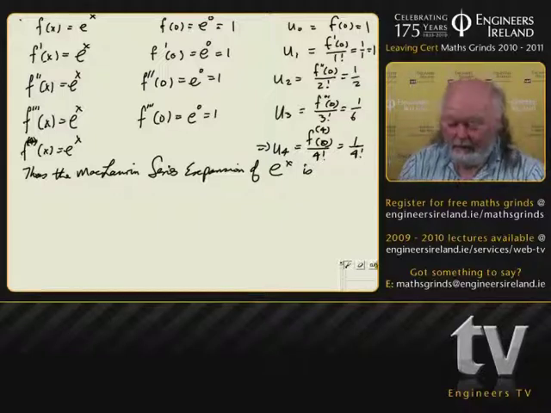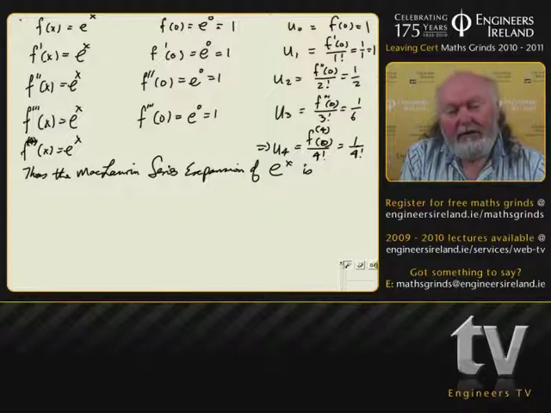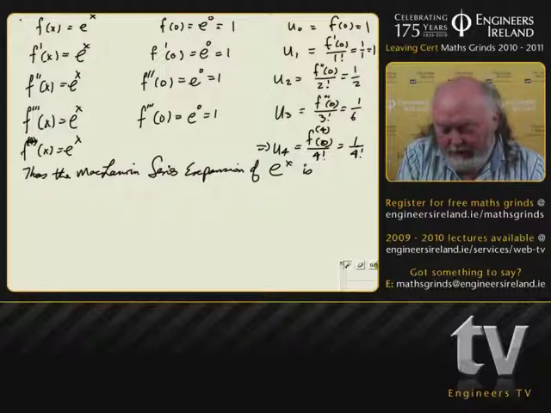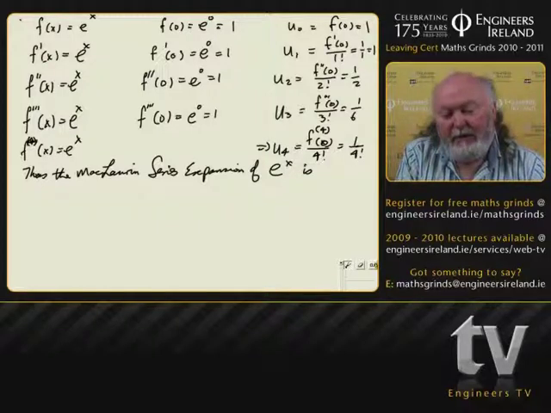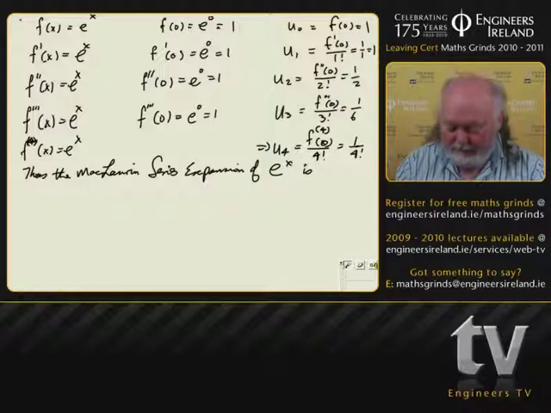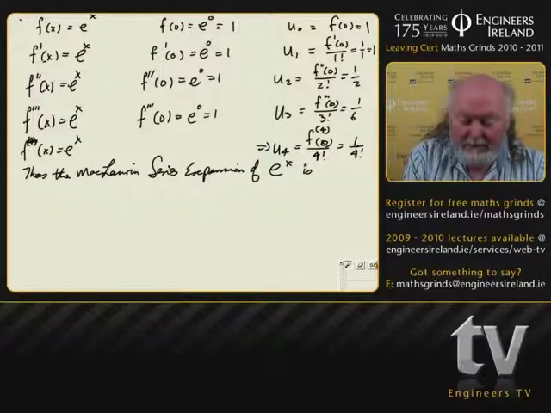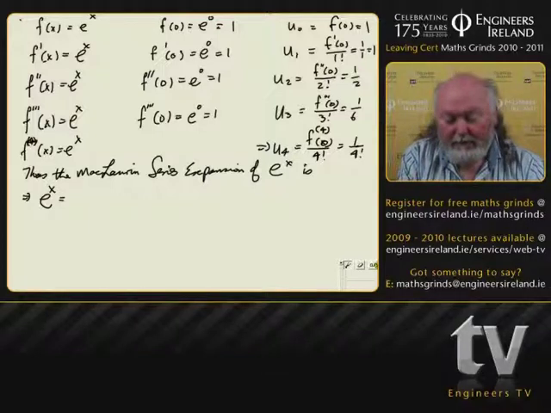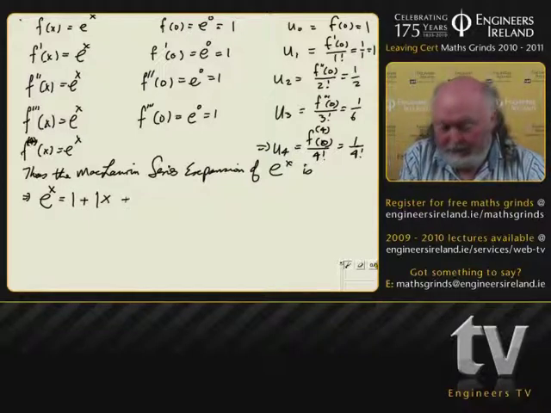So, the Maclaurin series expansion of e to the x. We'll be able to populate up. Now, normally you do write in the general Maclaurin series, which is just the f at 0 plus f dashed at 0 by x plus f double dashed of 0 by x squared divided by factorial 2, but I'm running out of space. So we will say that implies e to the x is going to be 1 plus 1 by x plus